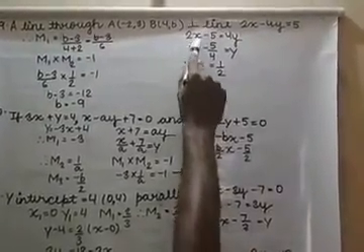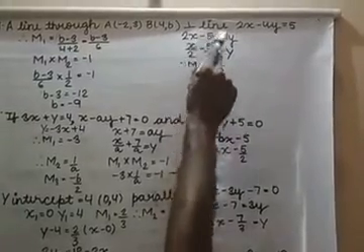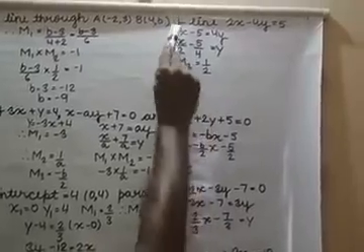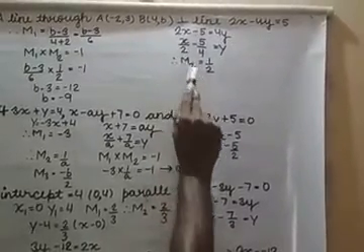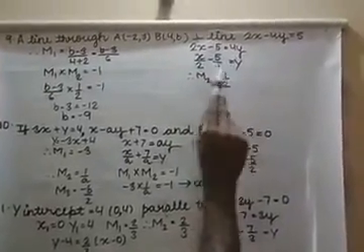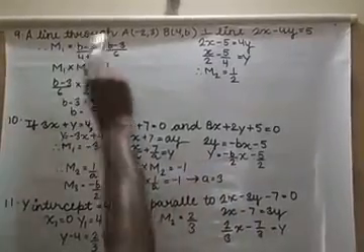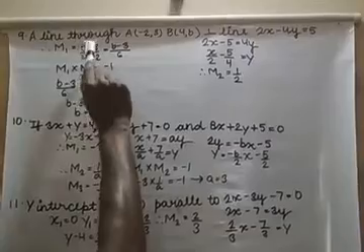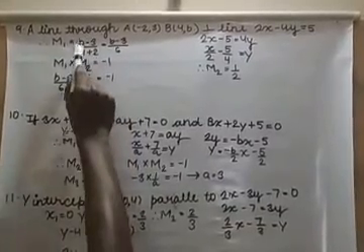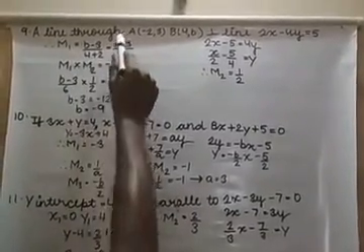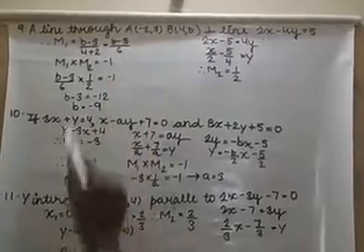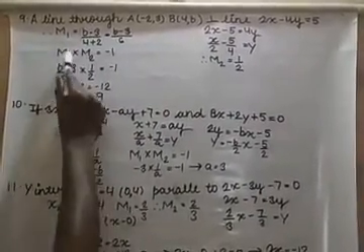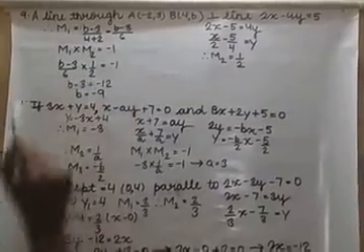So first of all, I will calculate the slope of this particular line. 4y = 2x - 5, so y = x/2 - 5/4. 2 by 4 becomes x by 2. So m2 is equal to 1/2. From these two coordinates, I will find the value of m1, that is (y2 - y1)/(x2 - x1). So I got (b - 3)/6. Now put the values in the formula: m1 times m2 is equal to -1.